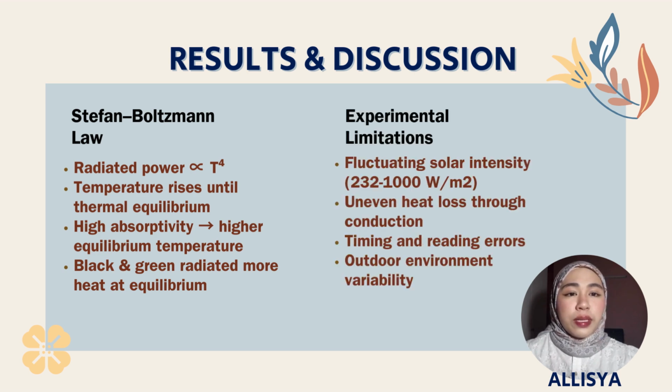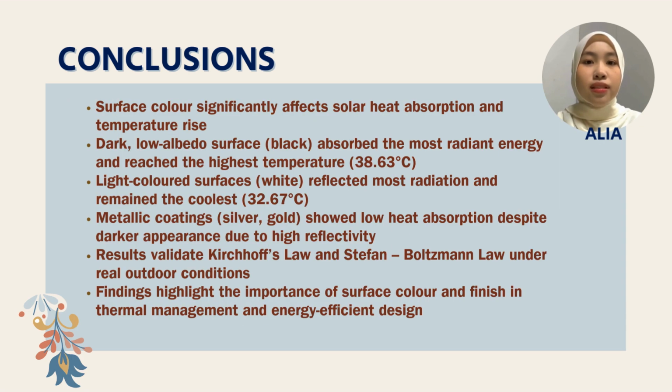However, there are some experimental limitations that can affect the results. Solar intensity can fluctuate widely, from 232 to 1000 watts per square meter, causing variation in heating rates. Uneven heat loss through conduction, timing or reading errors, and outdoor environmental changes like wind or clouds can also influence temperature measurement. In conclusion, this study shows that surface color and coating type play a major role in solar heat